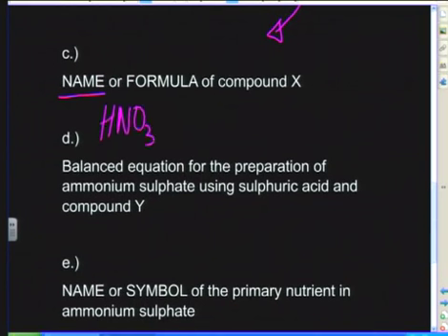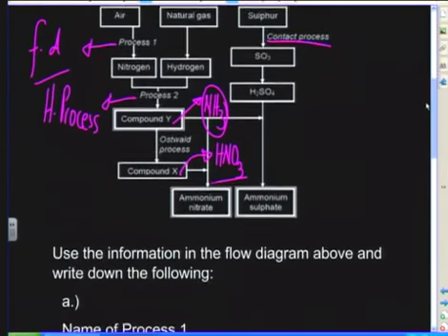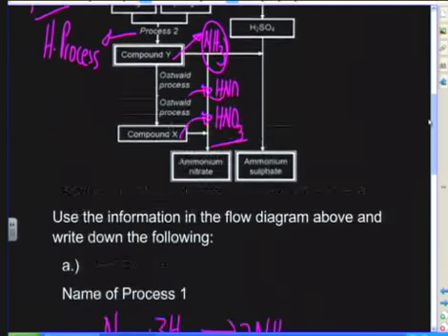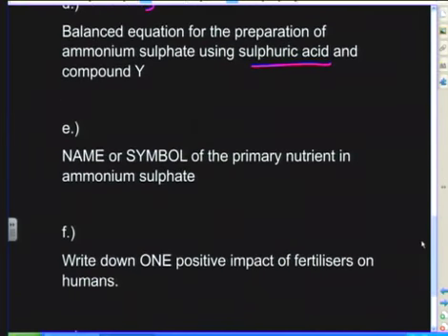Balance the equation for the preparation of ammonium sulfate using sulfuric acid and compound Y. And what is compound Y? You can go back to compound Y, look at it. There is compound Y, NH3. All right, so you're going to have NH3 plus sulfuric acid, giving you